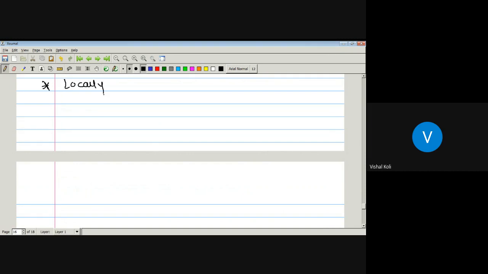Locally bounded set in H of G. A set F which is a subset of H of G is locally bounded